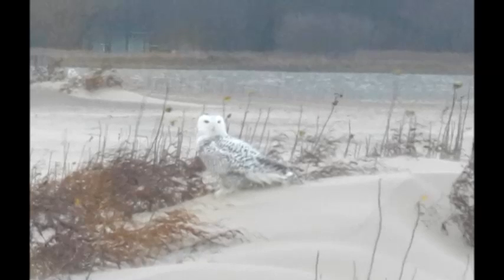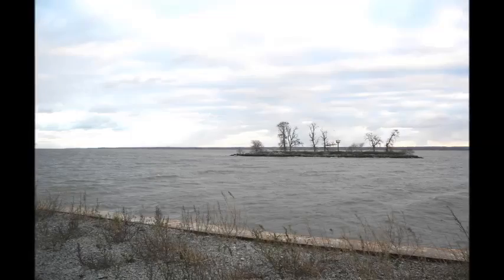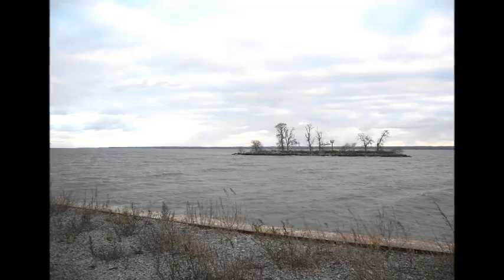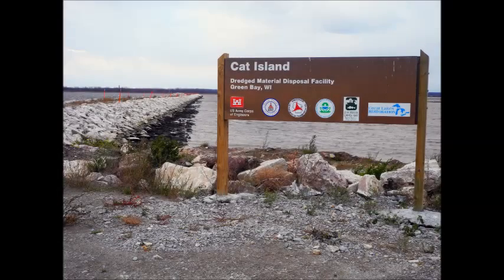conservation and management. I mean, this is a very large scale restoration, and obviously everything can't be this large scale because it costs millions of dollars to do something this big, but you can definitely take the same ideas and apply them to smaller scale areas that are already managed by the state or the university, like for example Point Au Sable or some of the other West Shore marsh